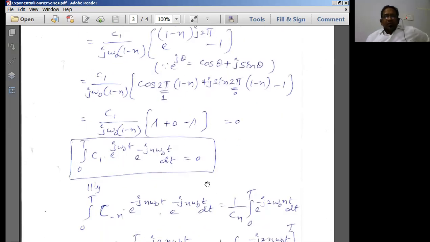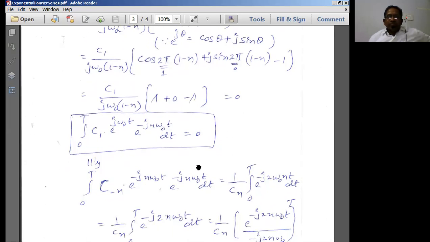Now what is this term? Cos 2 pi is equal to 1, so I'll substitute 1 here. What is sin 2 pi? Sin 2 pi is 0, so I'll put 0 here. Then minus 1. So this plus 1 minus 1 will cancel, and I'll simply get 0. Now if you solve for other terms like C2, C3, C4, C6, all these terms will turn out to be zeros, because one term is simply 0.